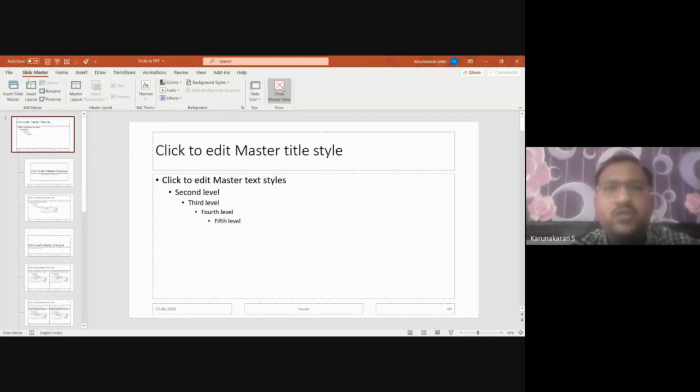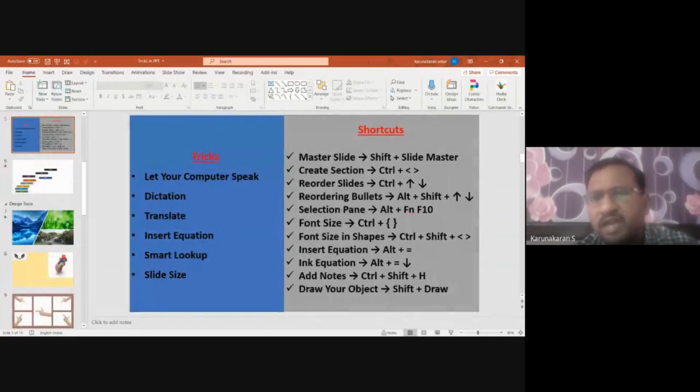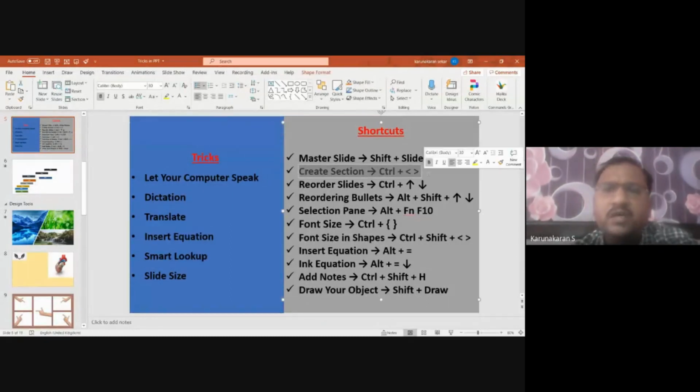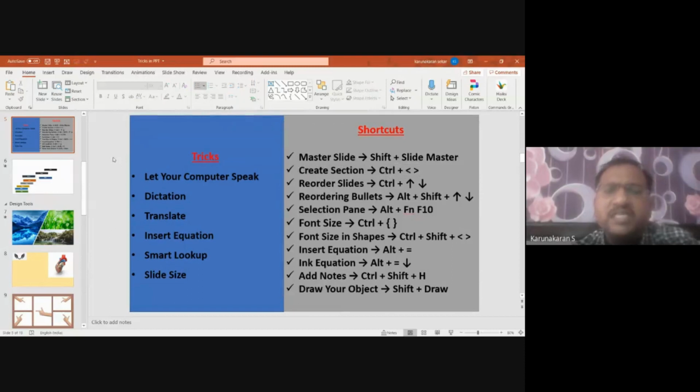So this is how we can use this. Most of us don't know that we can create sections inside our PPT. As we use Google Sheets and spreadsheets, we used to create separate sheets, pages, right? So in the first page, I'll have different content. In the first page, I'll have my name list. Second page, I'll have their first test mark. In the third page, I'll have my second test mark. So like that, I'll have separate sheets where I have different contents, right?